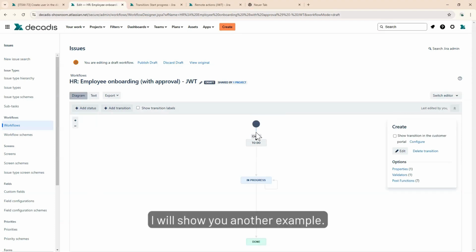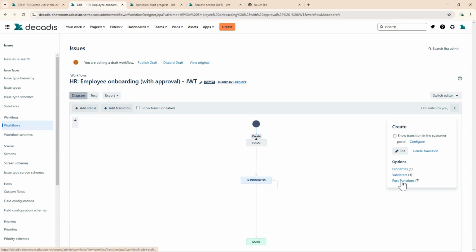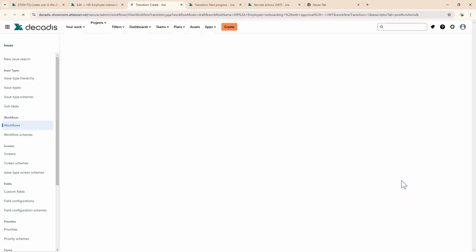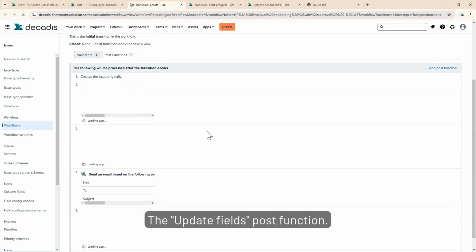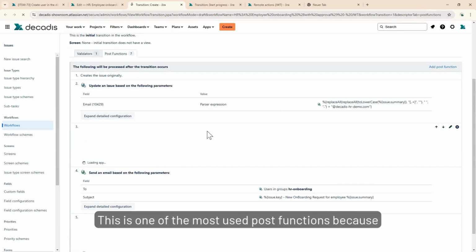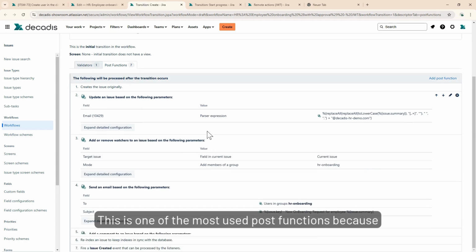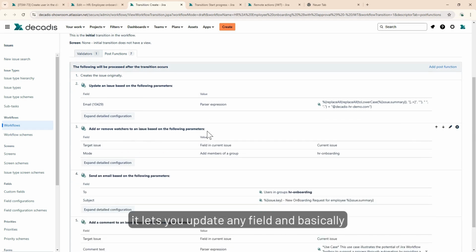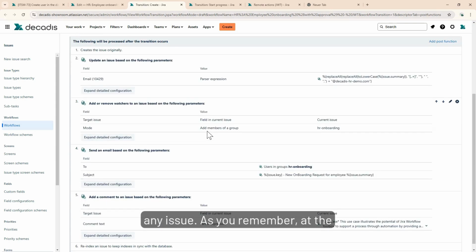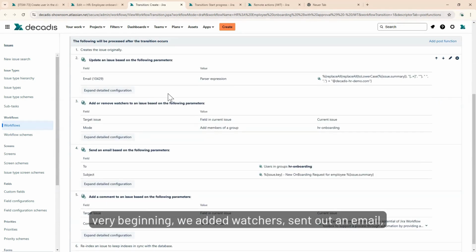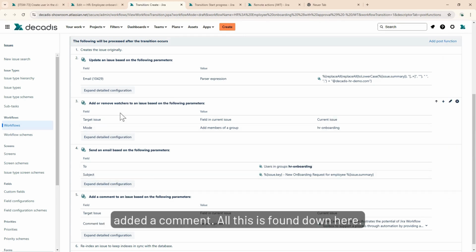I will show you another example. The update fields post function. This is one of the most used post functions because it lets you update any field in basically any issue. As you remember, at the very beginning, we added watchers, sent out an email, added a comment, all this is